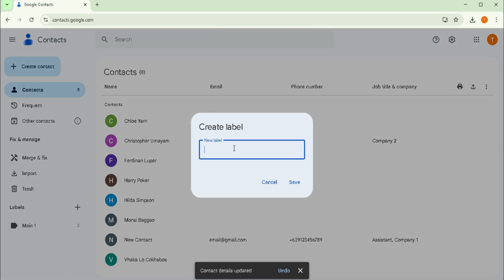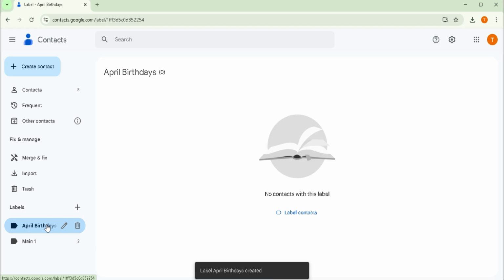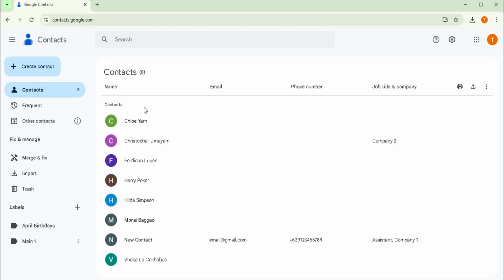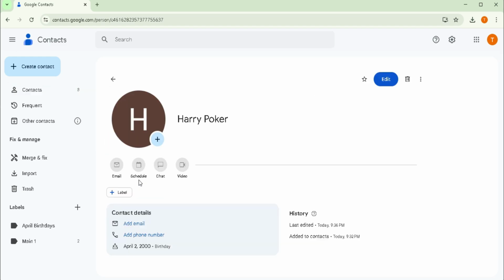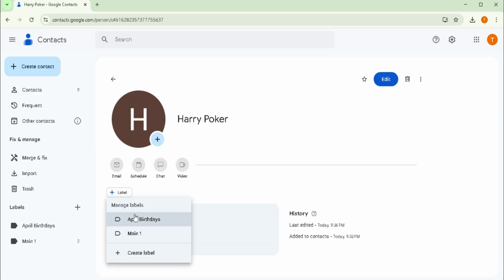Click the option to create a new label, and as an example in here, name it April Birthdays. You can now see in your labels or filter who has birthdays for the labels. To manually assign a contact to this new group, return to your main contact list. Click on a contact, then find the option to Add Label, and select April Birthdays for them to be part